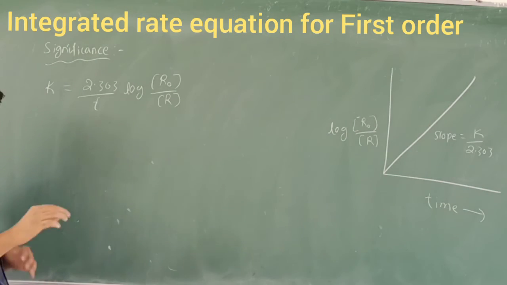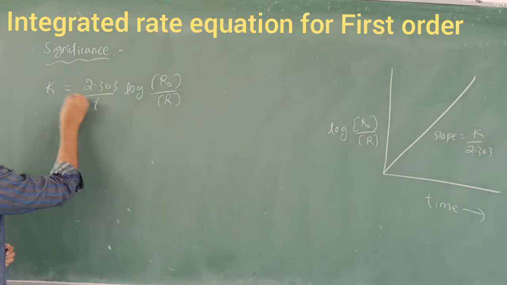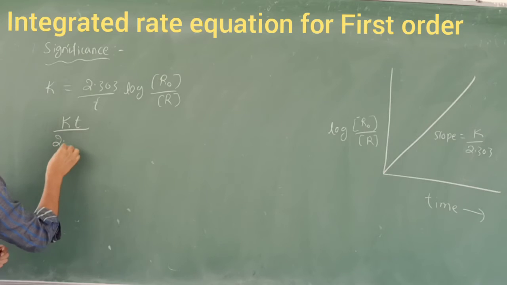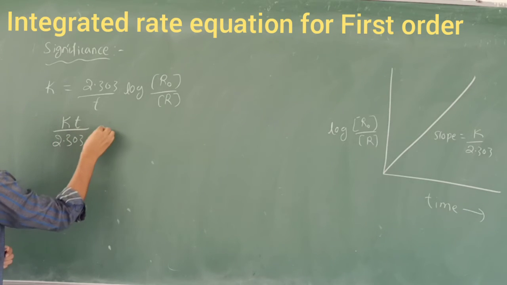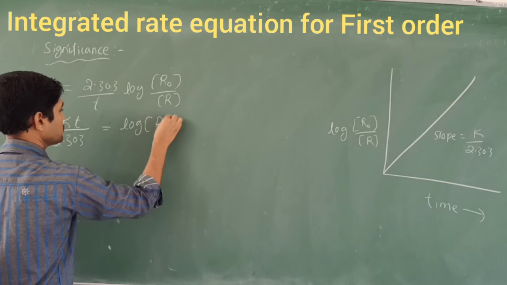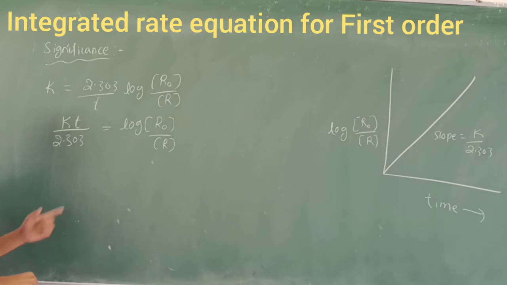Now I am going to rearrange the terms here. After rearranging, what happens? This t comes to this side, that is kt, and 2.303 comes below as the denominator. The log R0 by R stays as it is. So this is also in the form of y is equal to mx plus